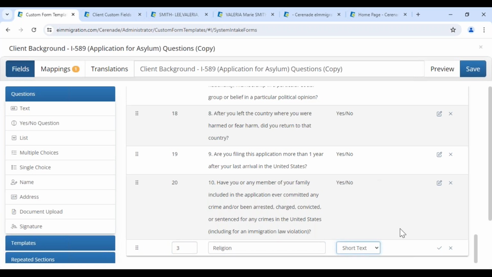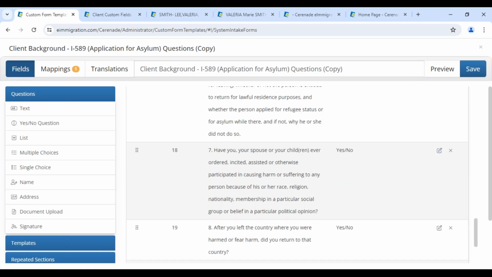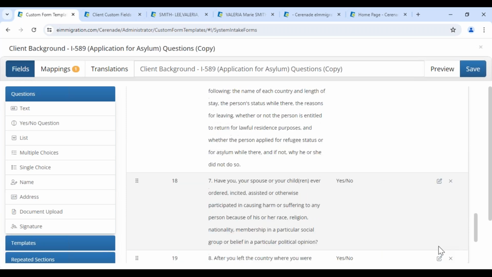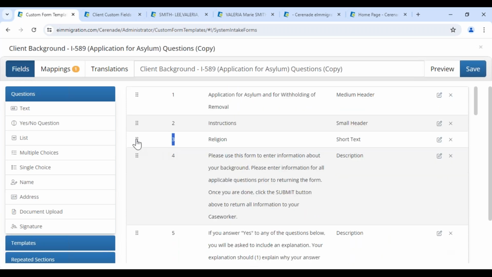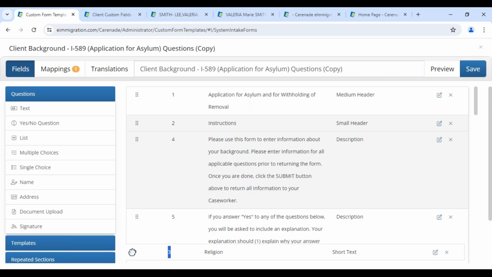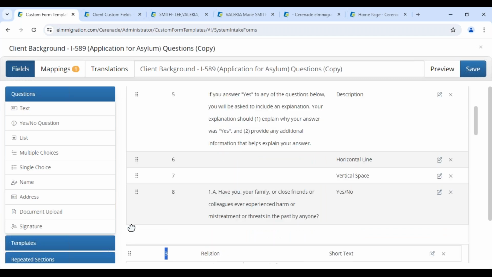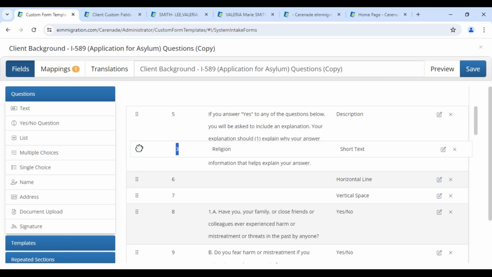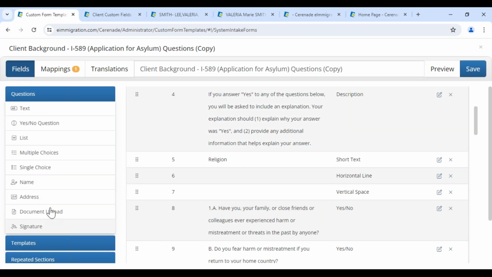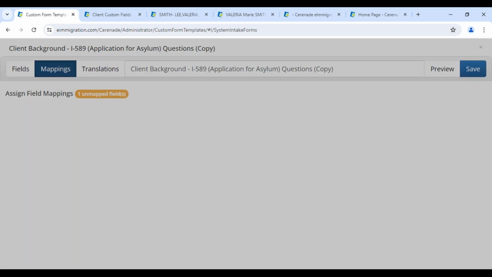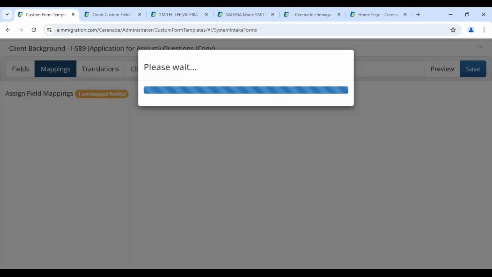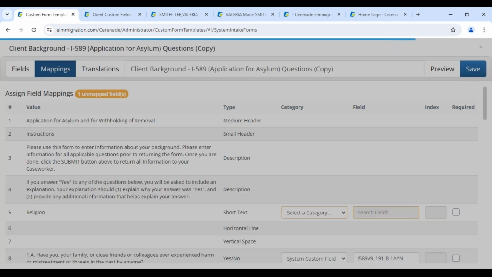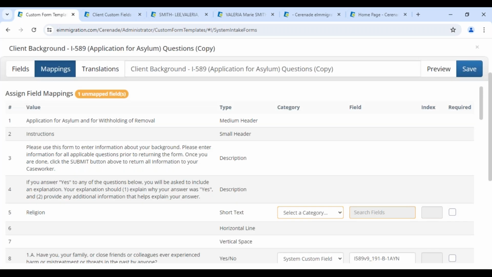Short text should be enough, and save it. So if you look at number 3, it's right here, although probably I should have changed it to go here, like what's your religion. Now remember, you can add more, like what's your name. Just to show you how to connect it to that religion custom field, I'm just going to click on client custom